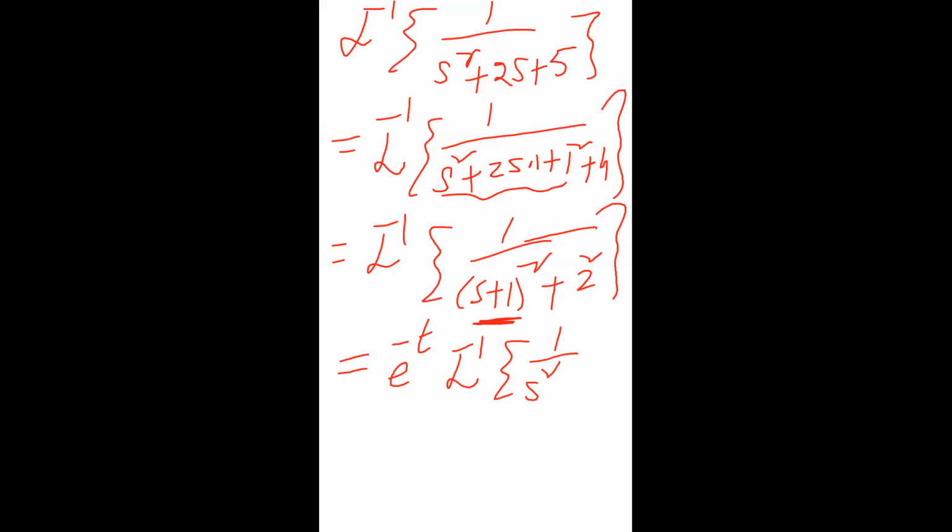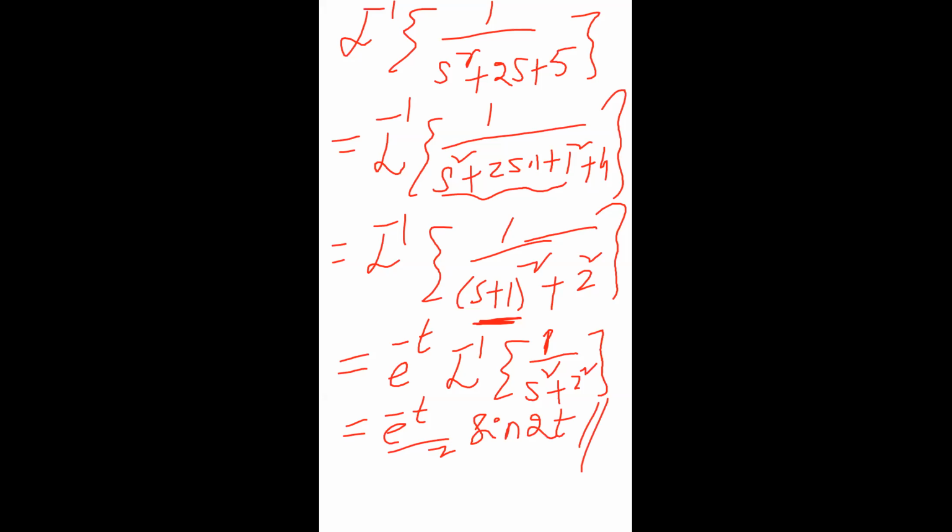So it becomes s square plus 2 square. The formula of L inverse of 1 by s square plus a square: here 2 is not available, so we have to divide by 2 in the denominator. So e power minus t by 2 sin 2t